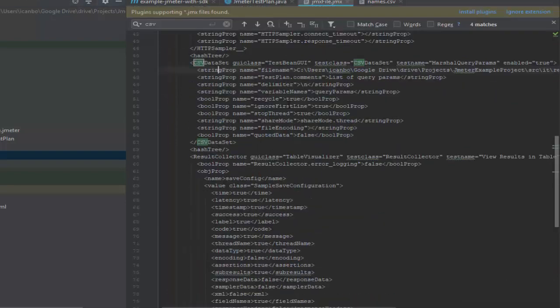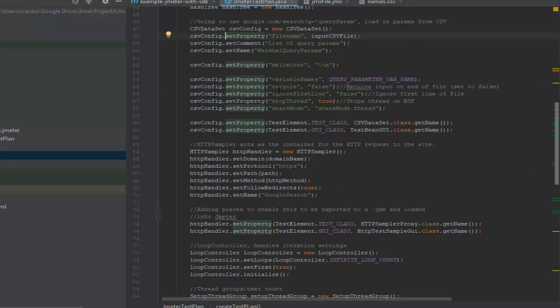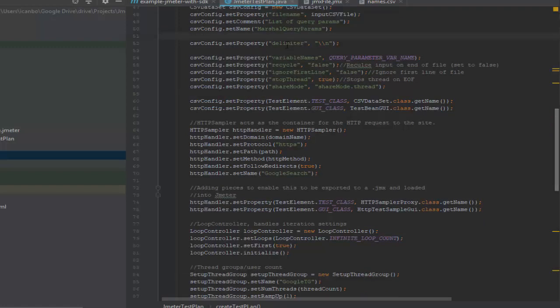If for some reason you're doing something and you reference the JMX file and you don't see it here, because this is the bread and butter, this is what JMeter is going to use to run. If it ain't here, more than likely you may have to use a set property as opposed to the in-class method. So setting the property, going to go ahead and put it as a file name. That's a file name. List of query params, that's just what I put as the comment. Set the name. And the delimiter, I put it as new line,